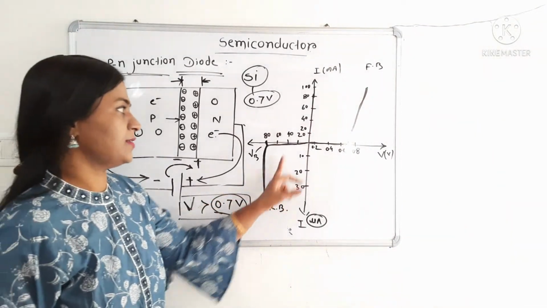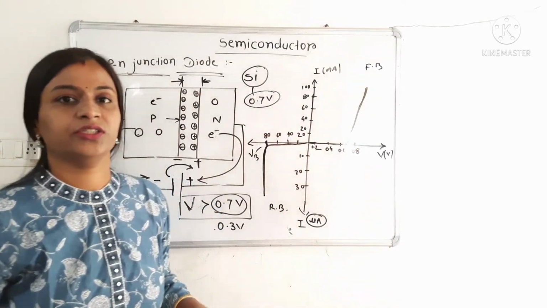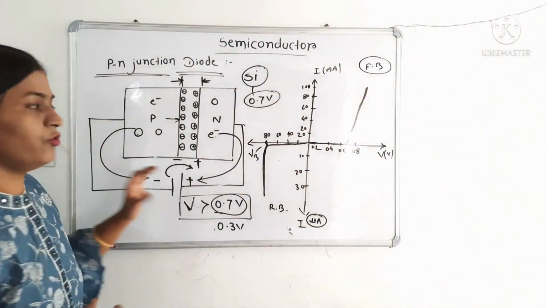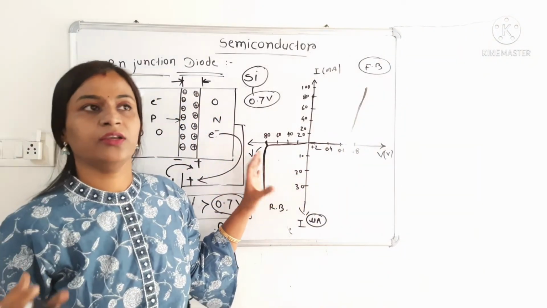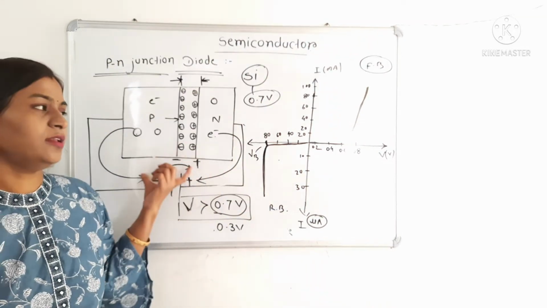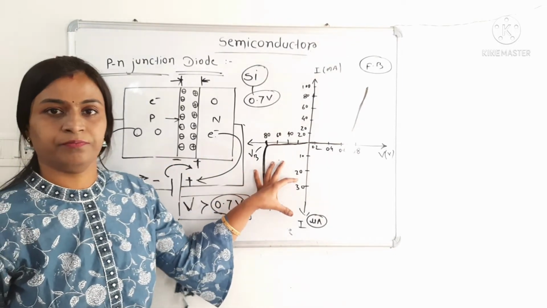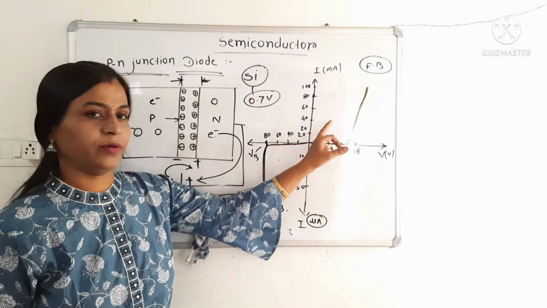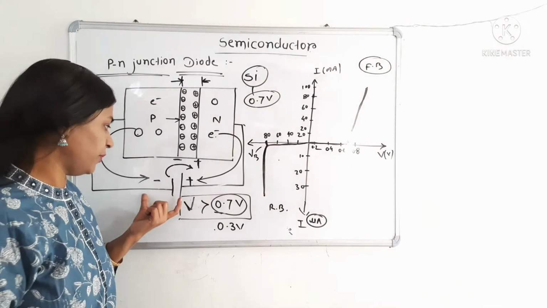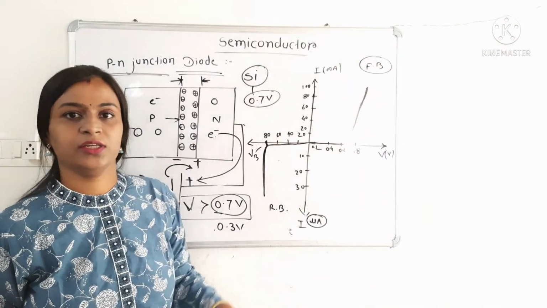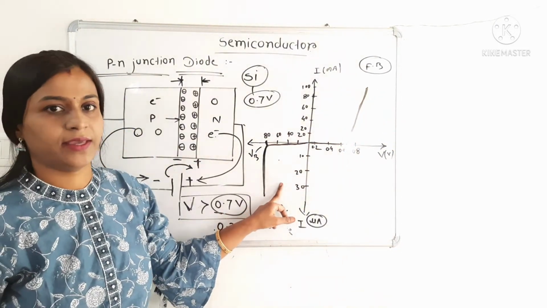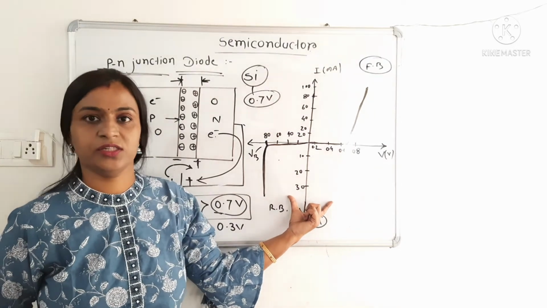See, this is the reverse bias and this is the forward bias. Basically, PN junction diode operates only in forward bias. In reverse bias, there is no conduction of current. Whenever in a circuit we are using this PN junction diode, it is operated only in forward bias. It is only operated in forward bias, and in forward bias, if applied voltage is greater than its barrier potential, then it starts conducting. This is the forward bias graph and this is the reverse bias. This is the VI characteristic of PN junction diode.